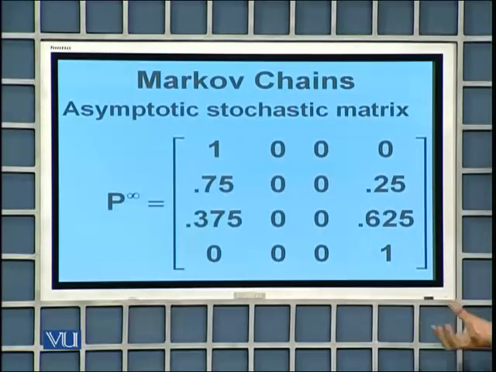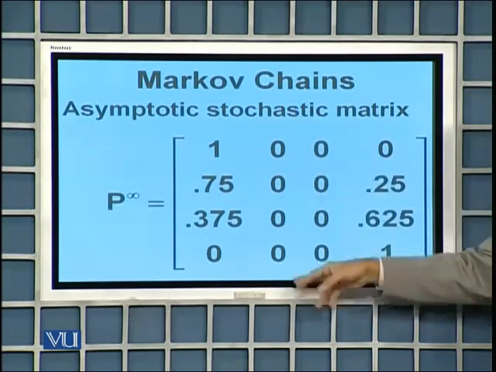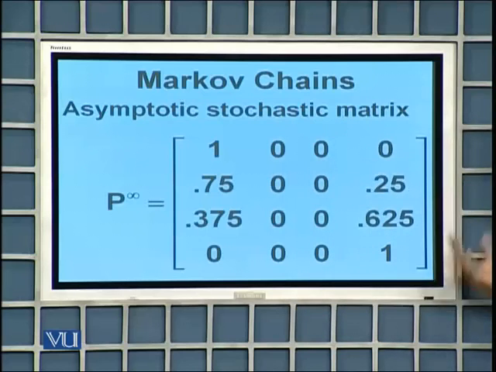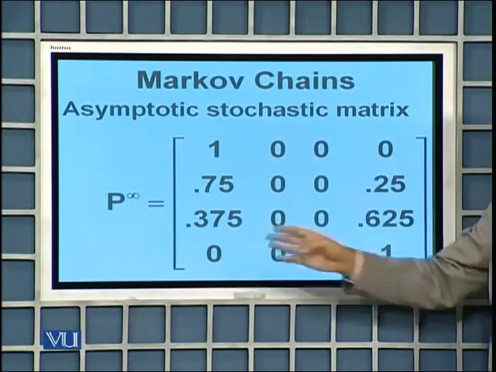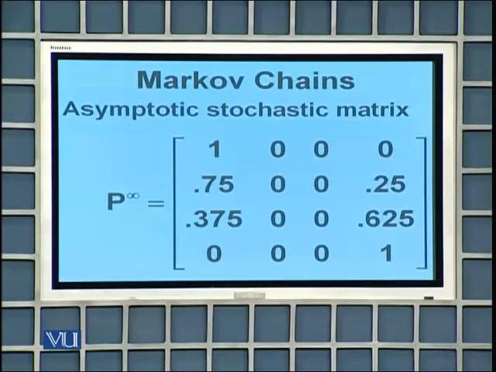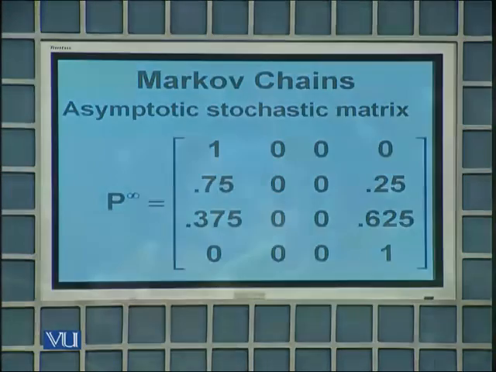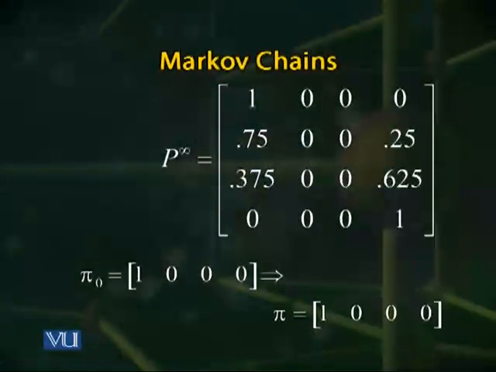So this n-step transition probability matrix tells us that the probability of finding this Markov chain in state 1 or state 2 in the long run is going to be 0. No matter where you start, you will either end up at state 0 or state 3. Let's quickly look at a few particular cases where we start from a certain probability distribution and try to see where we eventually end up.